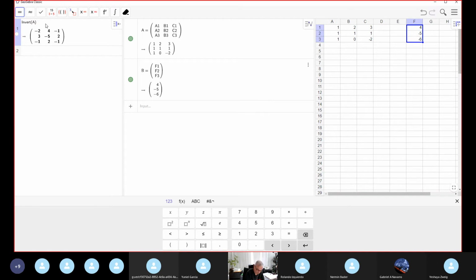Well, okay, this is the inverse matrix. Actually, I want to check it: -2, 4, -1, 3, -5, 2. Now the operation, the complete operation, without pressing enter, I can change that. Invert again